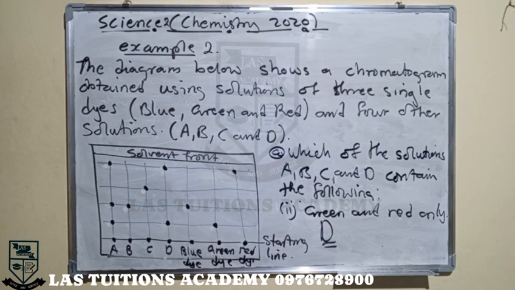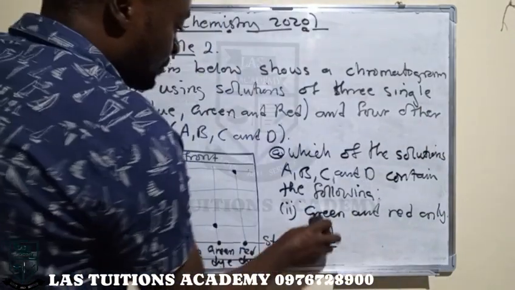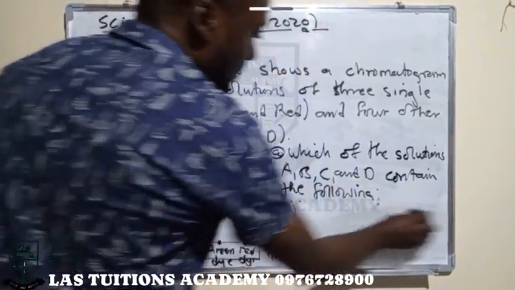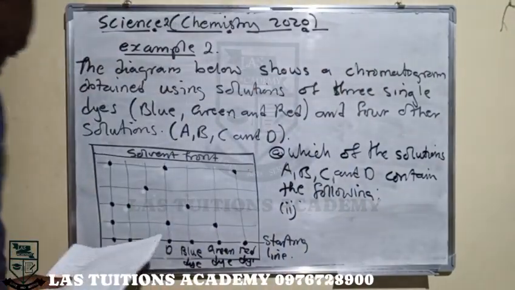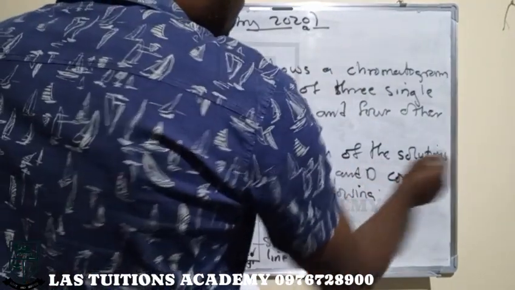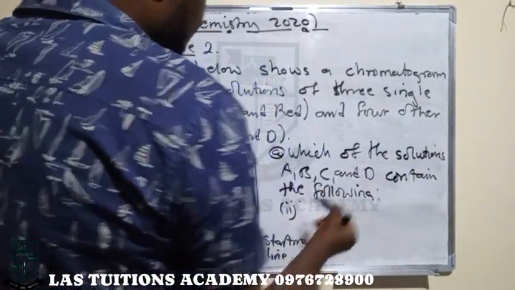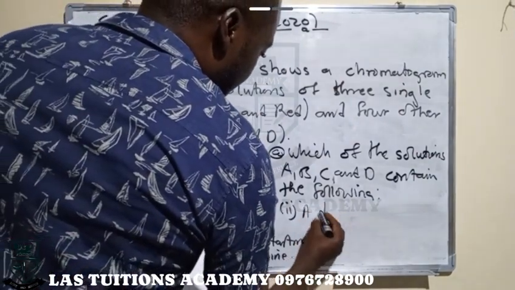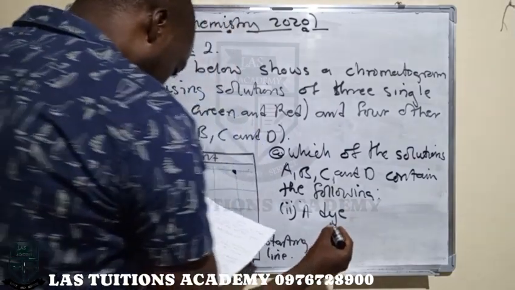So which one of the following contains a dye? Let's see who gets this one also. So this one says, which of the following solutions A, B, C, D contain the following? Here we're saying a dye